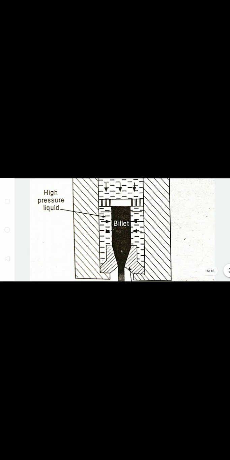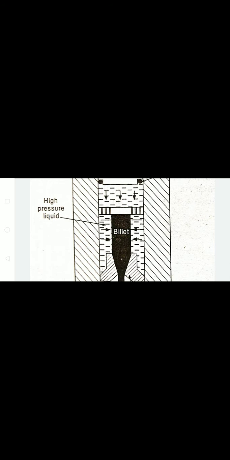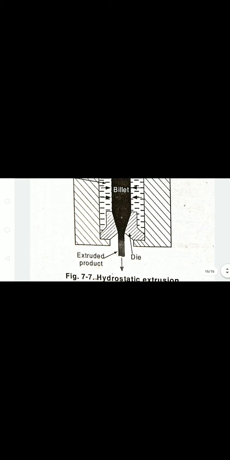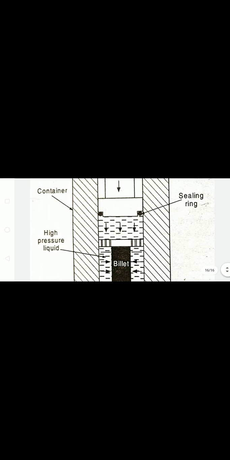As we already said, it is a recent development in extrusion forming, the hydrostatic extrusion. In this process, the billet is surrounded by a liquid on all sides except at the opening. Then you look at the picture, here it is clearly visible. Except its front end, which is pointed and passed through a cone shaped die. Then a pressure is applied on the billet surface through the fluid surrounding it.